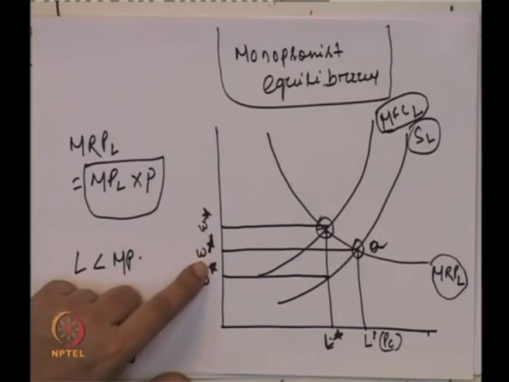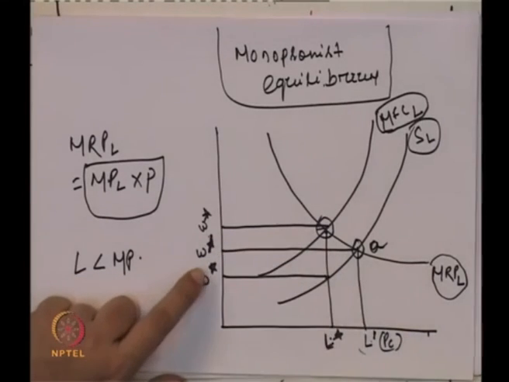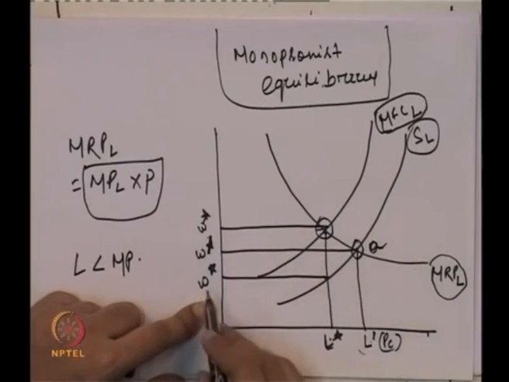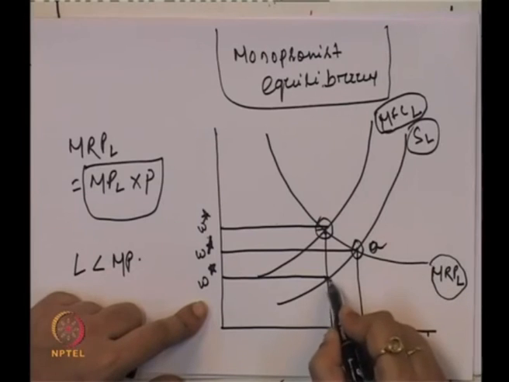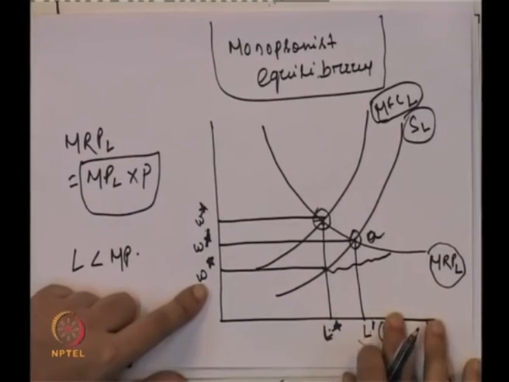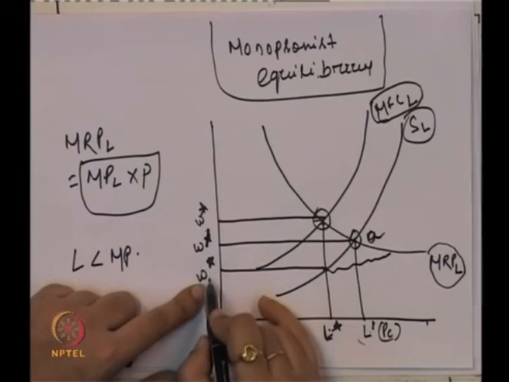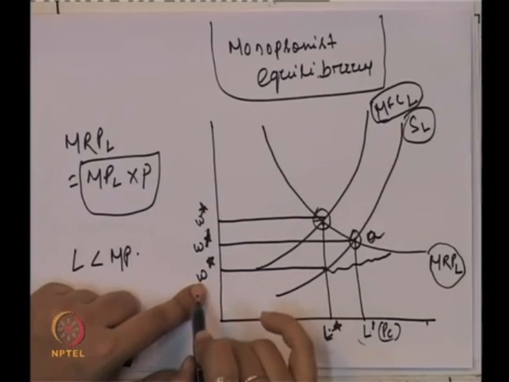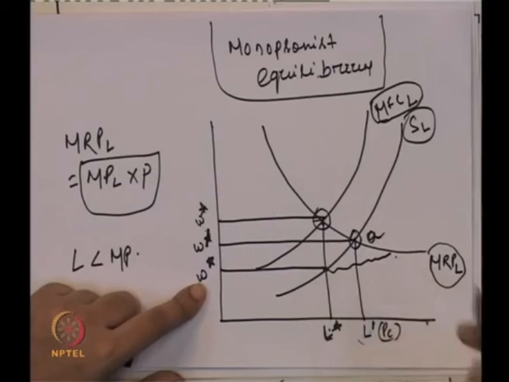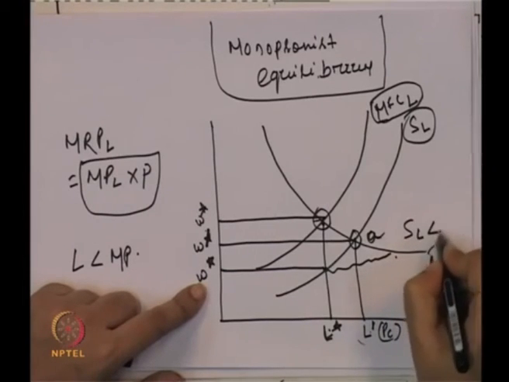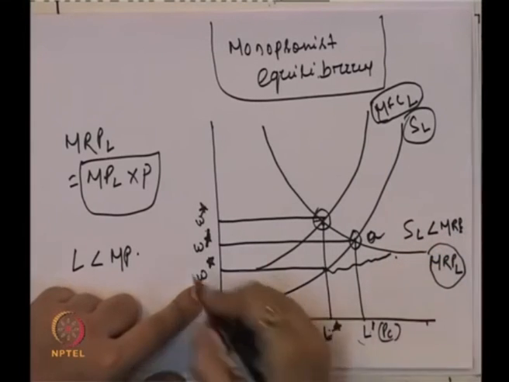So if it is the case of a perfect competitive market, then ideally this should be the total amount of labor and this should be the wage rate. Any wage rate below this will generally bring a difference in the supply and demand for labor. The supply of labor will be less because this wage rate is not profitable or beneficial for them, and that is the reason the supply of labor is less than the demand for labor at any wage rate below this.